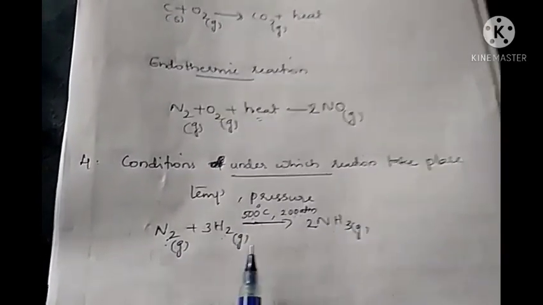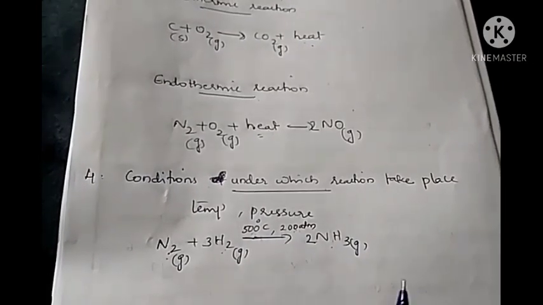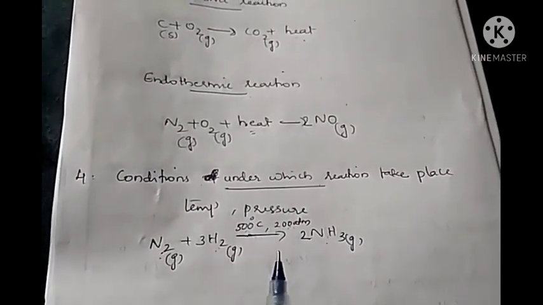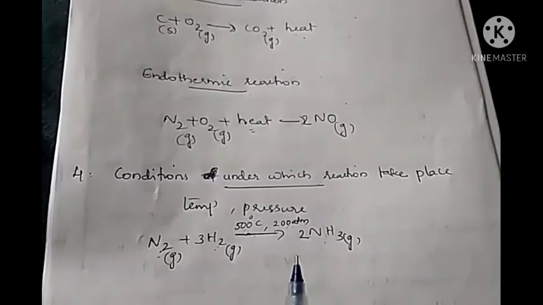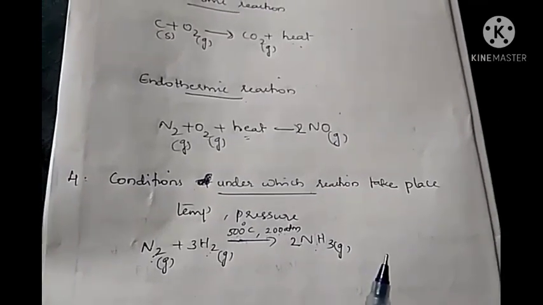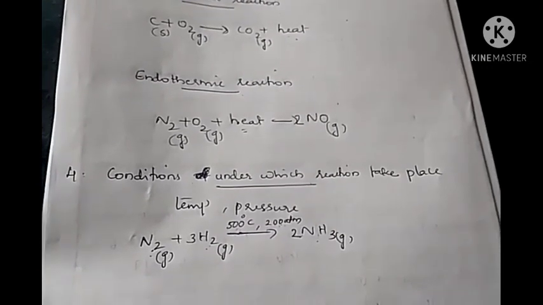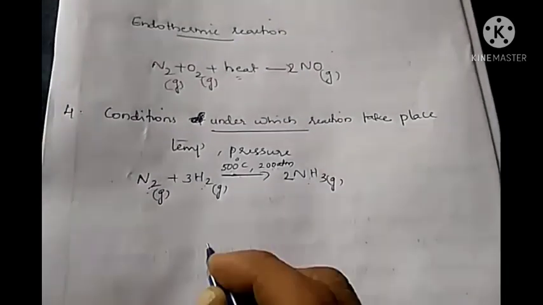And one more thing, this reaction requires one more substance. We are adding one more substance during this reaction to increase the speed of this reaction. That substance is increasing the speed of the reaction only, but it is not involving in the chemical reaction. Such a substance we are adding is known as a catalyst.